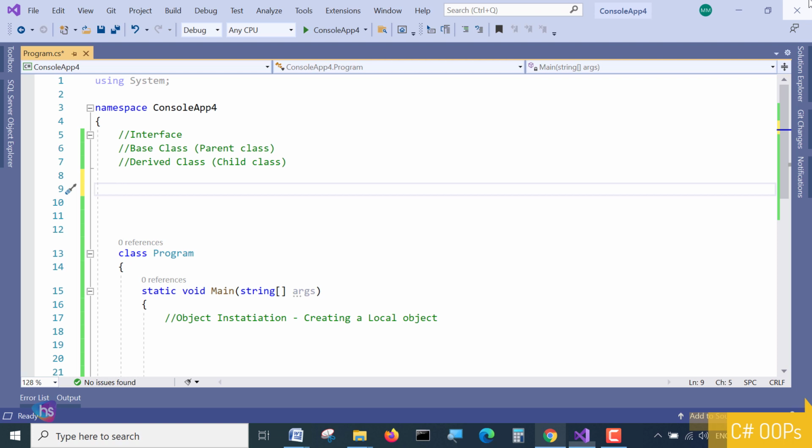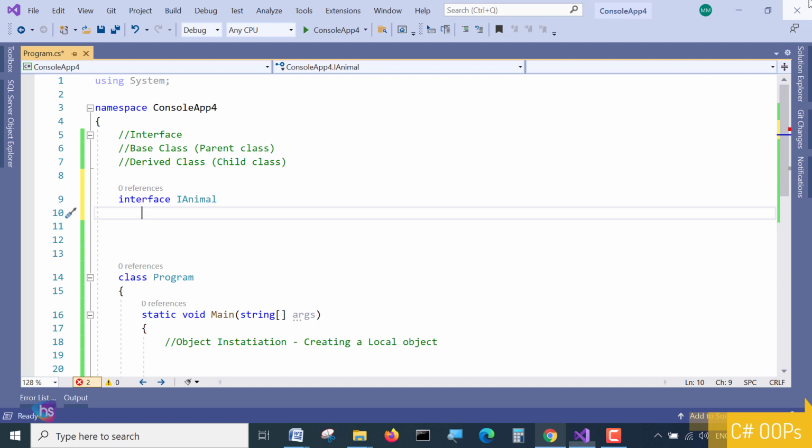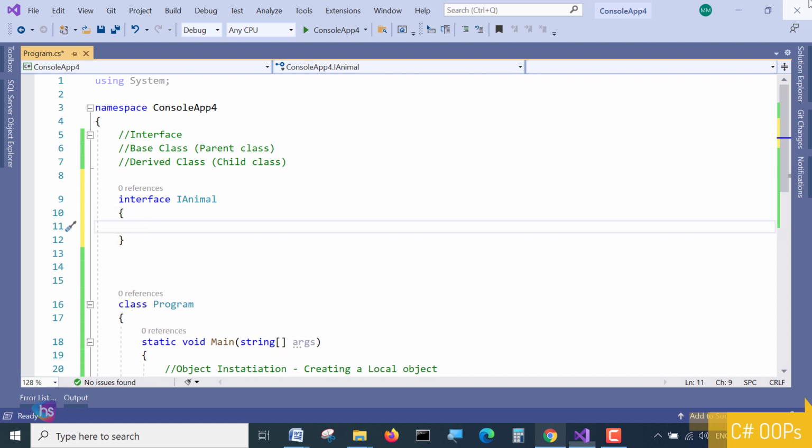Let's see here a keyword which is called interface. Yes, this is the keyword we can use. I am adding the keyword interface with a capital I, and the name of the interface is IAnimal. Then there is a brace, the block of the interface.